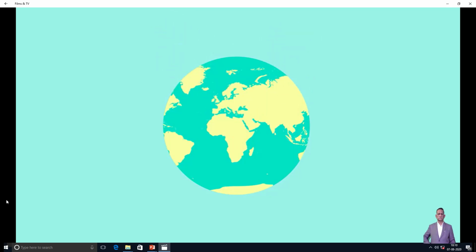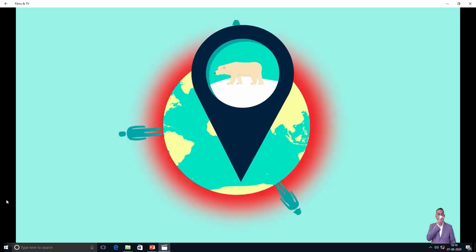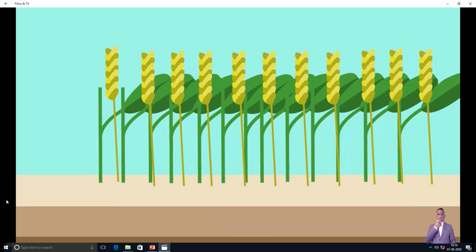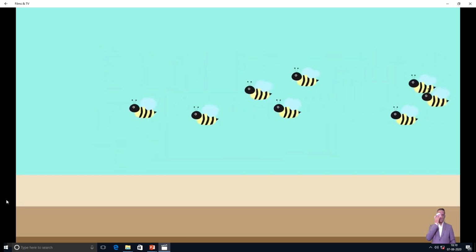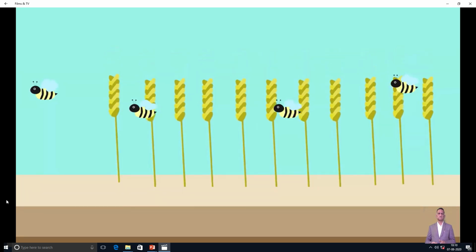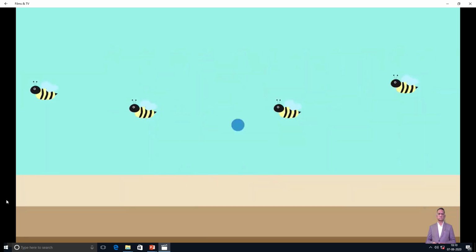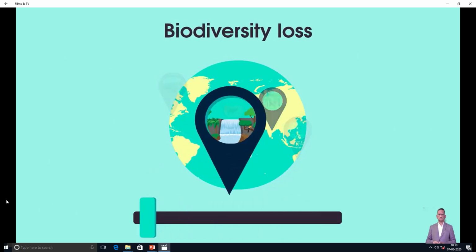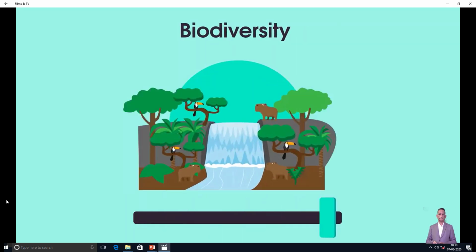The loss of biodiversity could have catastrophic effects on our society and even result in the loss of our food crops. For example, bees are in huge decline and they are extremely important in the pollination of many plants, including our crops. There are lots of ways we can reduce biodiversity loss and even increase biodiversity, such as managing our